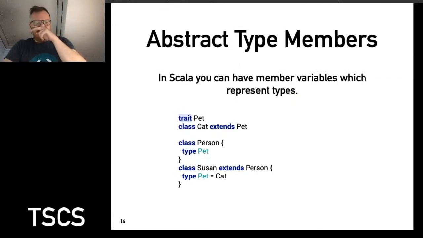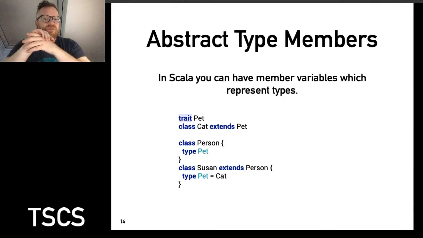Okay. One nice thing that you can have in Scala, you can have not only type parameters, you can also have abstract type members. And this means that you can have member variables which represent types. So in this case, let's walk you through the code a little bit. So we have a trait called pet, and we have a class cat that extends this trait pet. And then we have a person, and that has a type member called pet. I could use it as a type parameter up there, but I here used it as a member variable, which